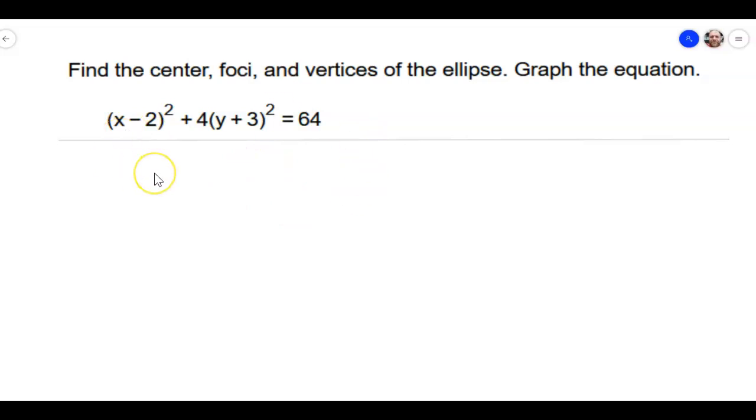So how do we get it into the form to find out? Well, remember that the right side needs to be 1 on both formulas. So the constant on the right needs to be 1. I'm just going to start off and divide everything by 64 in order to get that to be a 1 here. So divide by 64 and divide by 64. All right, and this is going to give me the equation